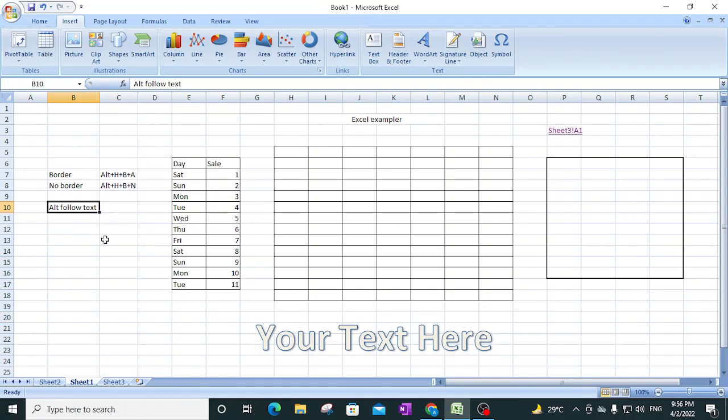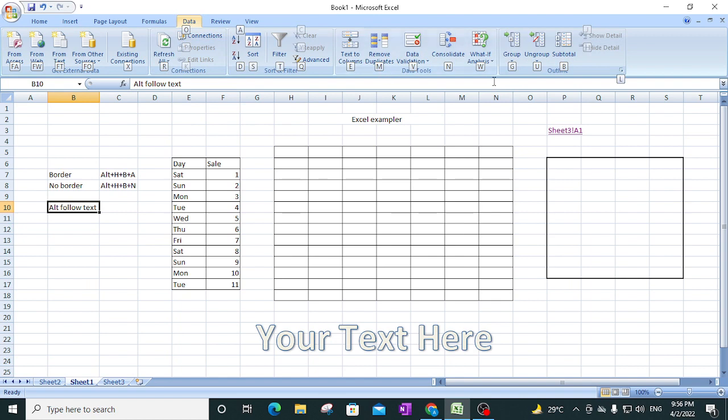The only thing you need to remember is Alt, then follow all these names, whatever shortcuts are coming over here. If you want to go to Data, you just need to press A, and then follow these commands like M, V, N for consolidation, W for what-if analysis, G for group and ungroup, F for from other sources,